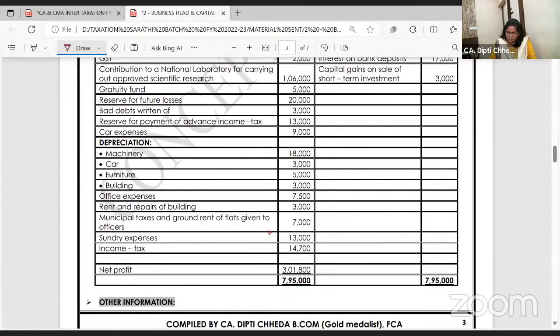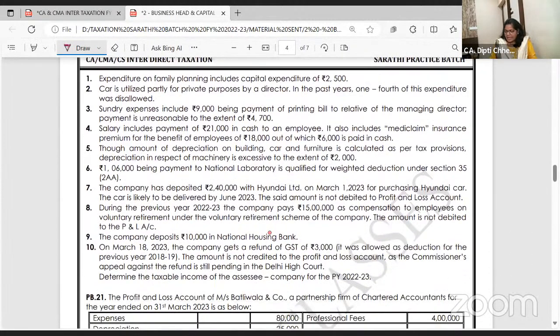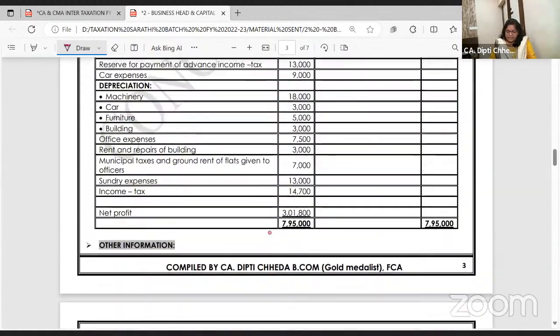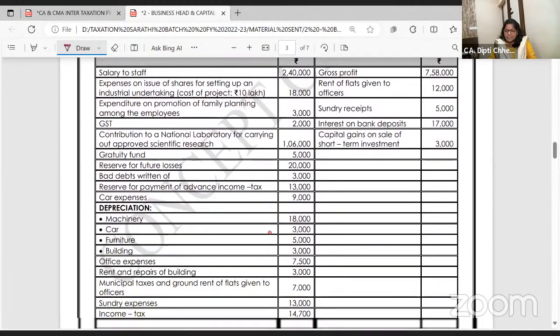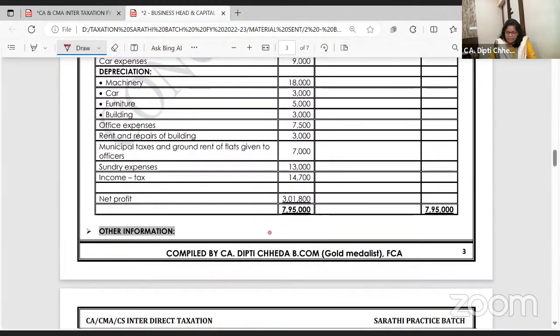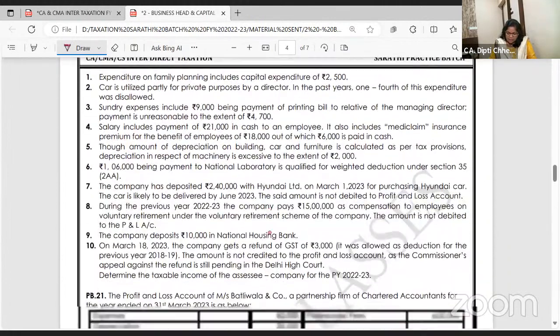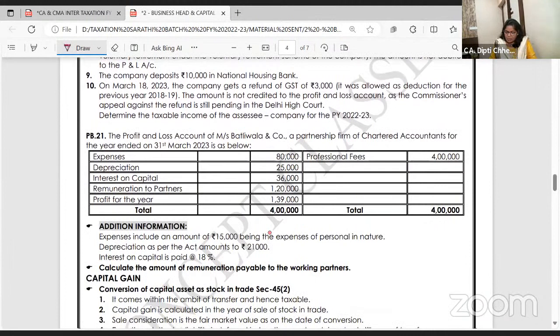I know इतने बड़े problem आते नहीं जो मैंने next वाला लिया है. But I thought it's a very nice problem with a lot of adjustment. Shall we do it? It will take 10-15 minutes time. It's a good problem. Generally, they don't ask you such jumbo problems, but I felt this problem is very good for practice. So I have selected this. Shall we take? And then we will go for other 44 series.